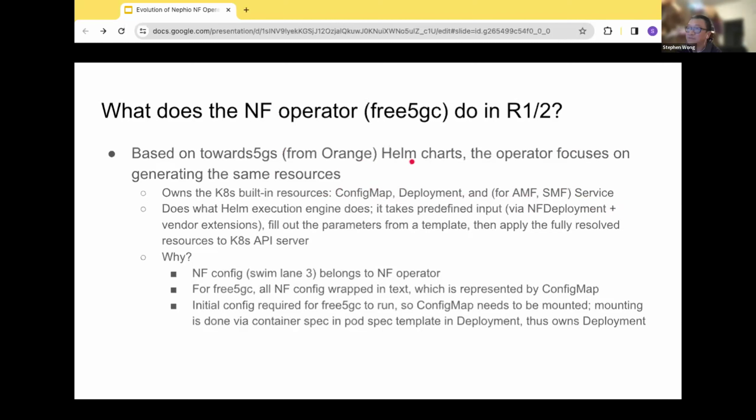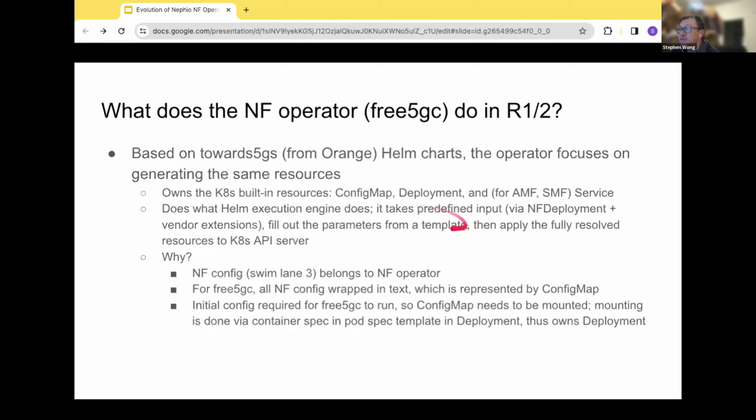The config map obviously contains the network function configurations needed to make the network functions run. Two, the deployment template is based on the Helm charts, as is the config map template, which really isn't much, and the services, which also isn't much.